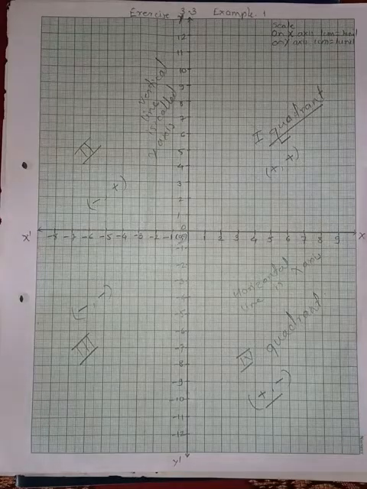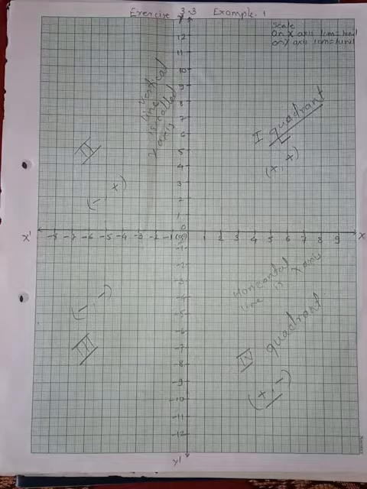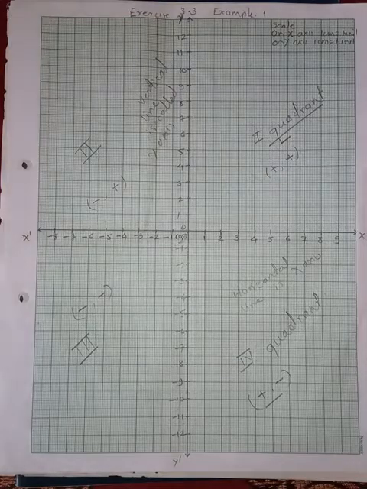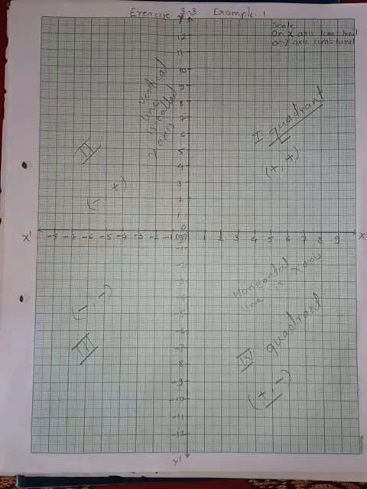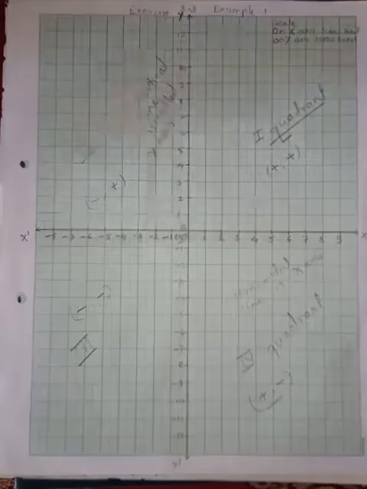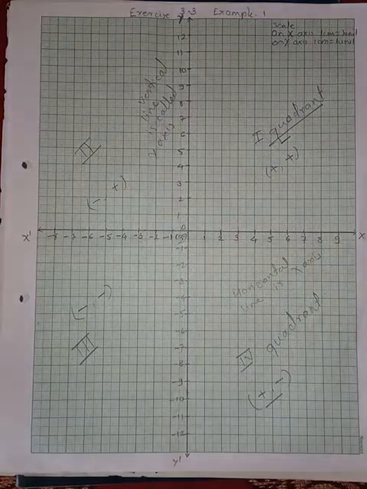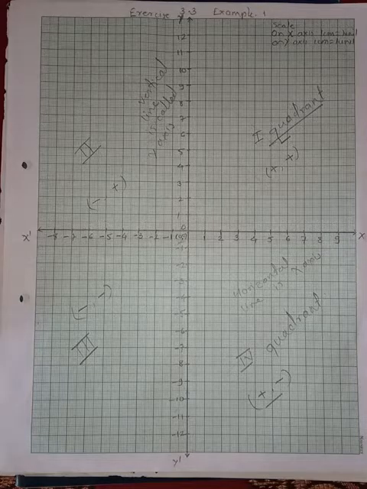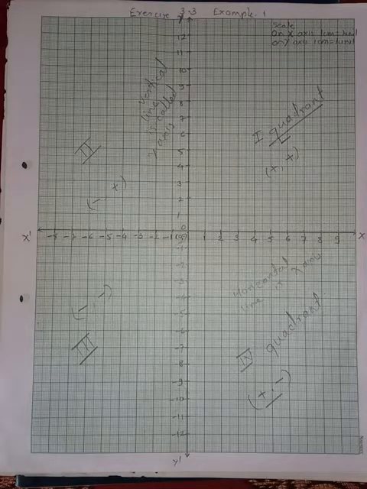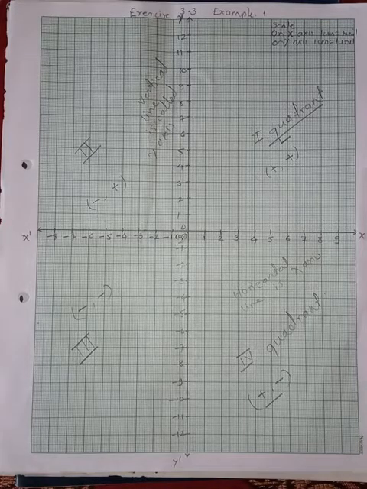Dear friends, we are studying chapter number 3, 9th standard, coordinate geometry. In its exercise 3.3, we have the first question. In which quadrant or on which axis do each of the points (-2, 4), (3, -1), (-1, 0), (1, 2) and (-3, -5) lie? Verify your answers by locating them on the Cartesian plane.